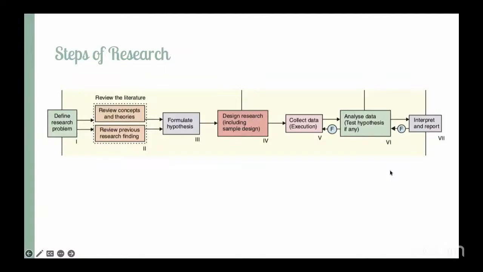Reviewing the literature. What do you mean by literature? Literature does not mean English literature. Literature is the research that already exists and is available. Suppose you are studying a problem about your community project. Why were you not able to engage with the field in the course of your community engagement project? A simple example. There may be various reasons, and you cannot just assume them. So you need to go to research and see whether it has talked about this kind of engagement between students and the community engagement project, or the field of the project.